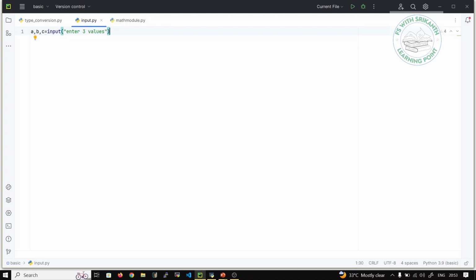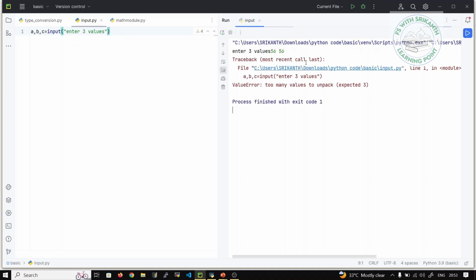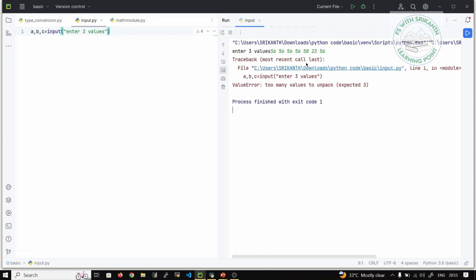Suppose I am not using any split method, then you observe three values, 56 space 56 and enter. It is an error, it is not allowing. So again I do this print. Here with the help of space, how many values we can enter, that is our wish. It is allowing any number of values, but when you press the enter button, it can be too many values, so a value error will occur. So when you are using the split method,